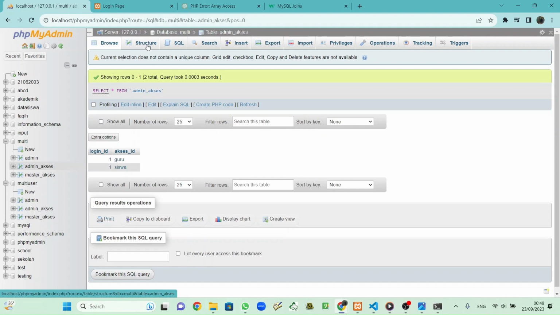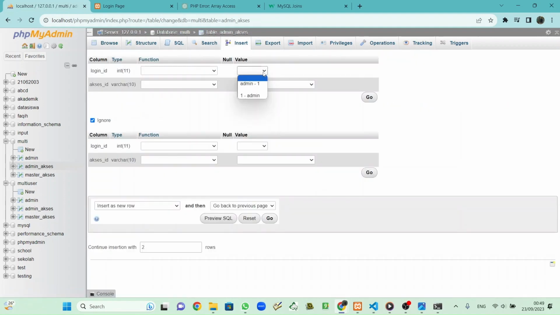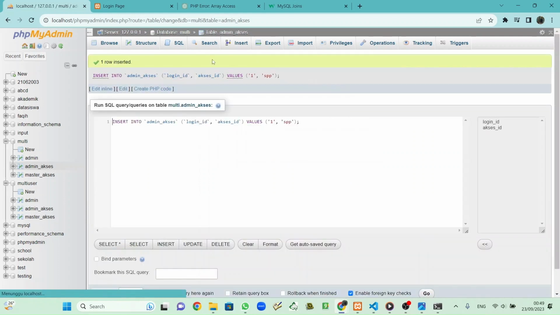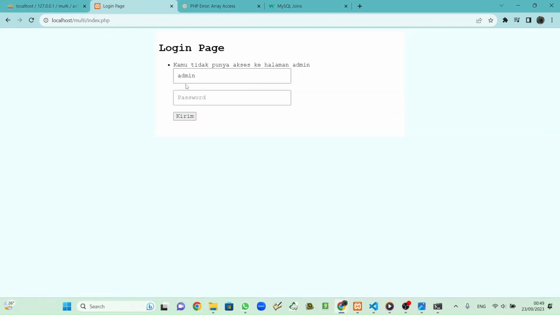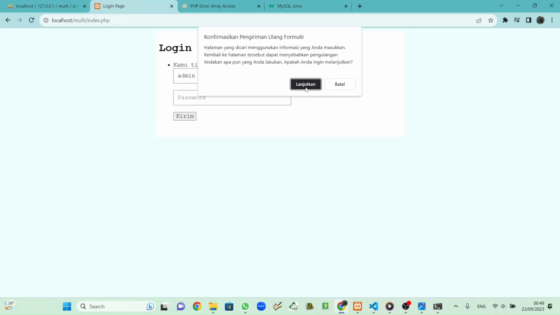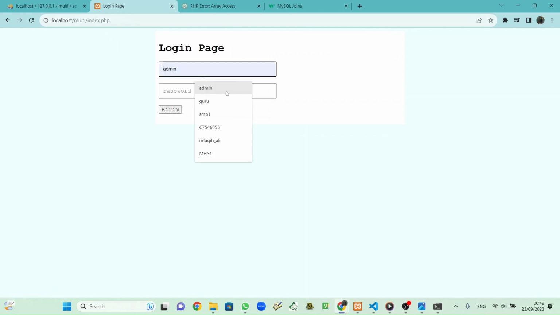And the last one, structure, add insert admin for SPP. So this means admin number one has access to the guru page, the siswa page, and also the SPP page. So if we reload, maybe we can log out admin,